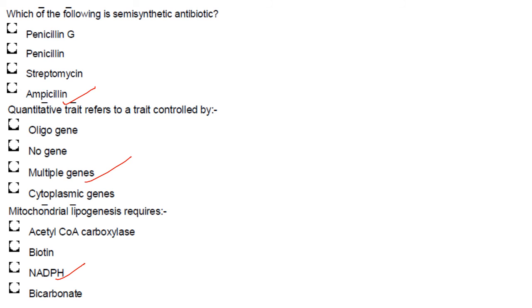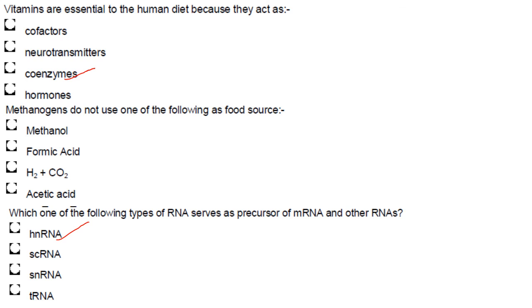Then, which of the following is a semi-synthetic antibiotic? So, ampicillin is a semi-synthetic antibiotic. Then, quantitative traits refer to a trait controlled by multiple genes. So, answer is option C. Mitochondrial lipogenesis requires NADPH. Answer is option C. Vitamins are essential to the human diet because they act as coenzymes. Answer is option